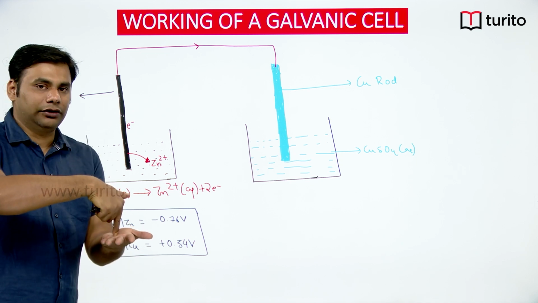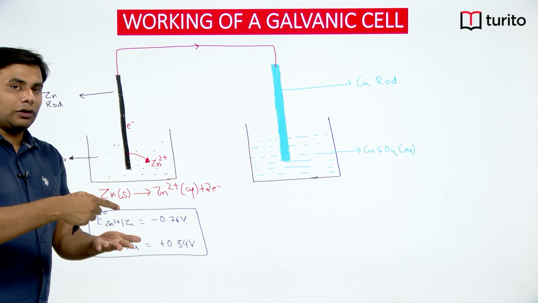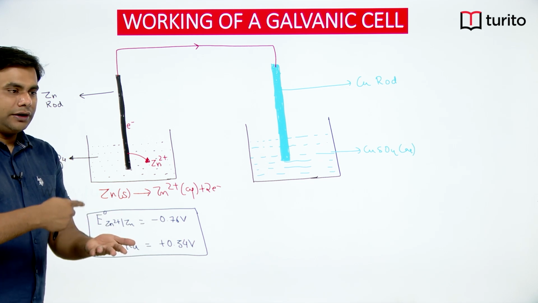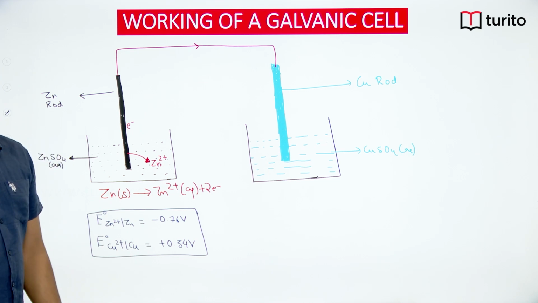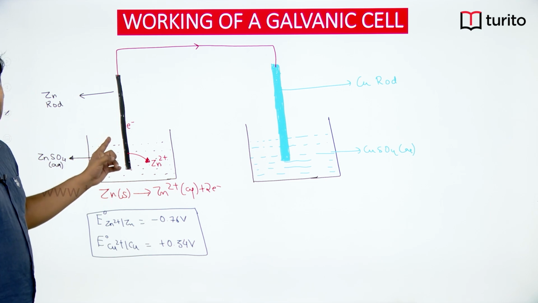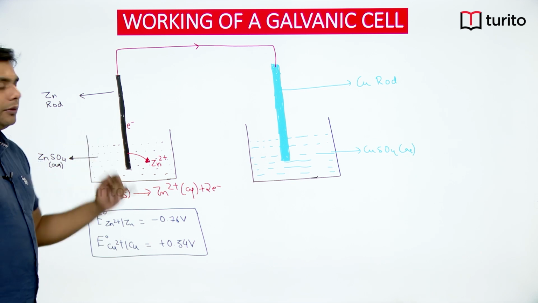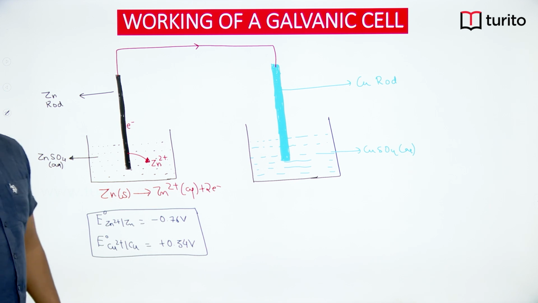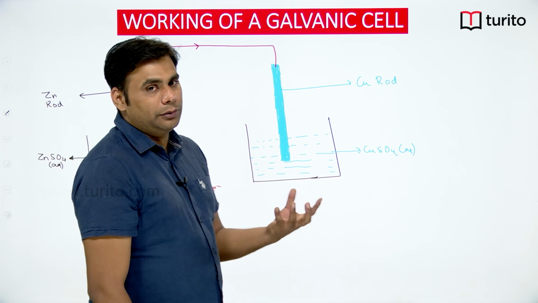So when you are dipping a zinc into the zinc ion solution, zinc is getting oxidized, so it will get converted into zinc 2 plus and it will enter into the solution. This zinc 2 plus will keep on going into the solution. After some time, the solution would acquire excess positive charge. Now due to this excess positive charge present in the solution, it would not allow zinc 2 plus to come into the solution from the rod, because if further zinc 2 plus is coming from the rod, they would get repelled from the solution,